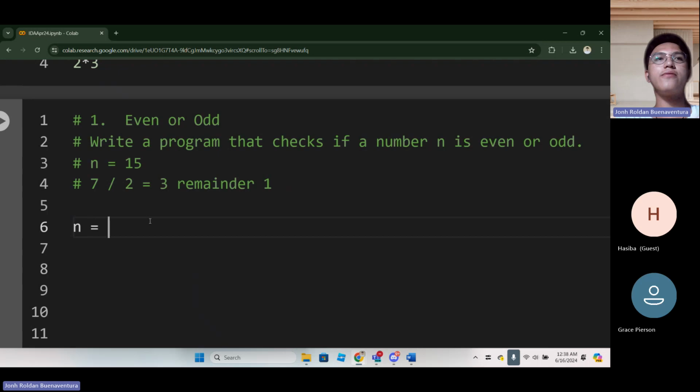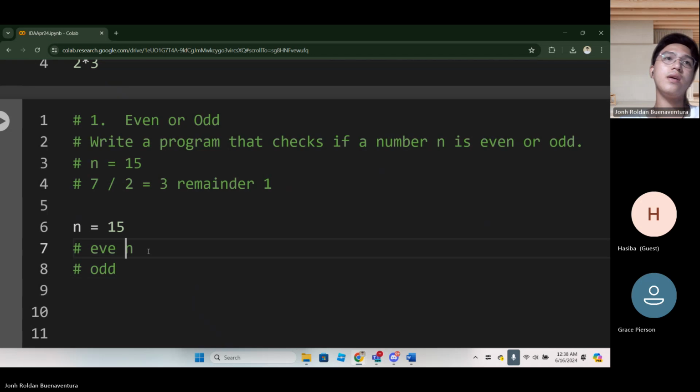So you have an initial value which is 15, and you want to write a code to determine if that is even or odd. Before that, how can we say that a given number is even? And how can we say that a given number is odd? What's the difference between even and odd numbers, based on what you can remember? It's okay if you can't remember it, but can you define it by its divisibility?